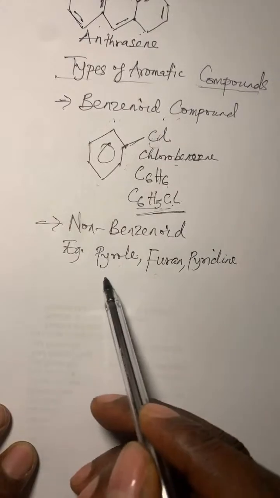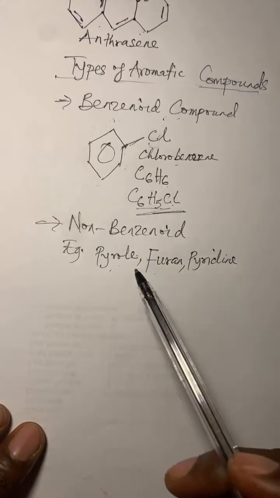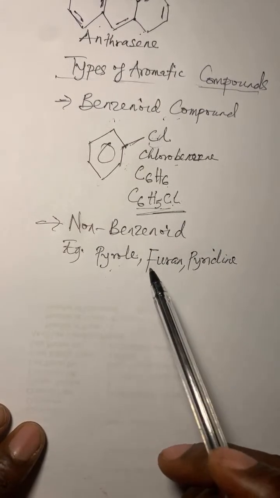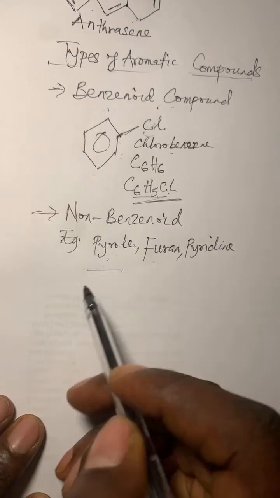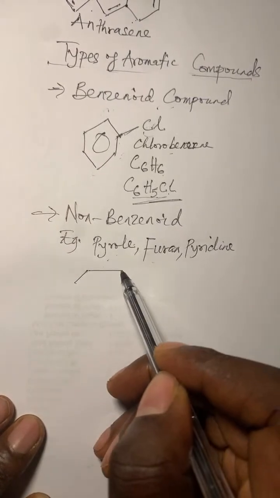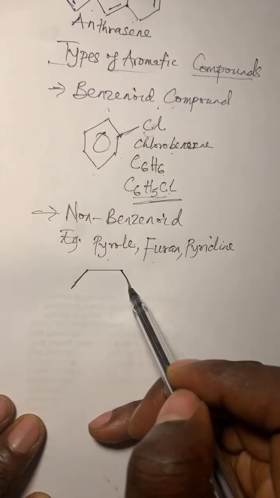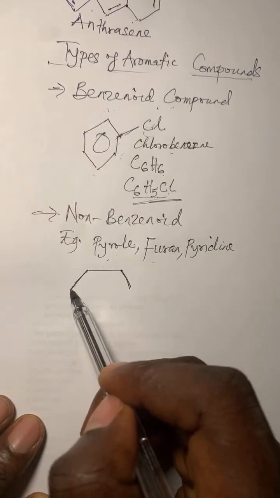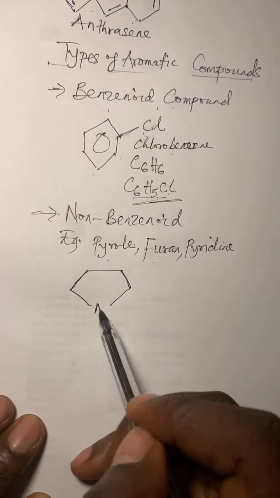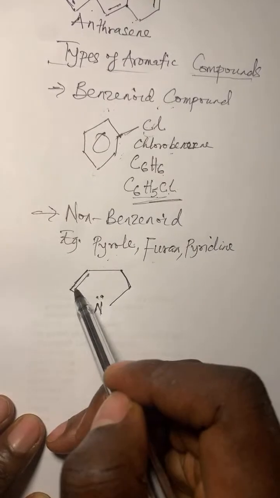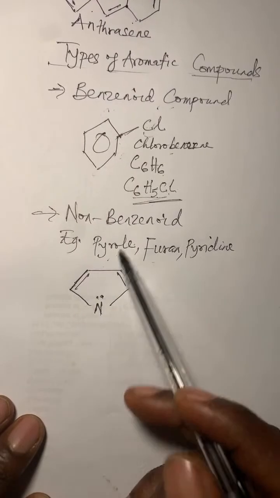For this pyrrole, I was saying that non-benzenoid compounds don't consist of a benzene ring. That means they don't have any resemblance with the likes of benzene. For example, pyrrole is something like this. I'm not too good at sketching diagrams, but let's see how we can do this. It doesn't look like benzene, and whatever does not look like benzene is not a benzenoid compound. Then you have just N here and the two dots. You can have a double bond, double bond. This does not look like the structure of benzene. When you see things like this, it is called pyrrole.